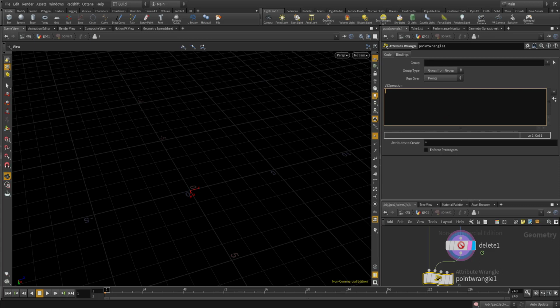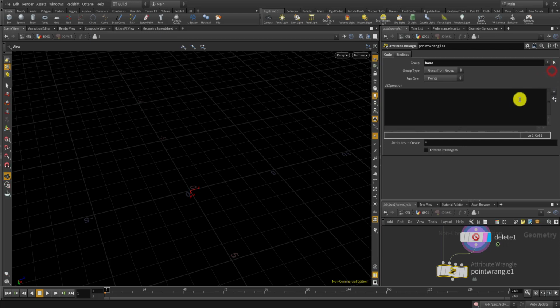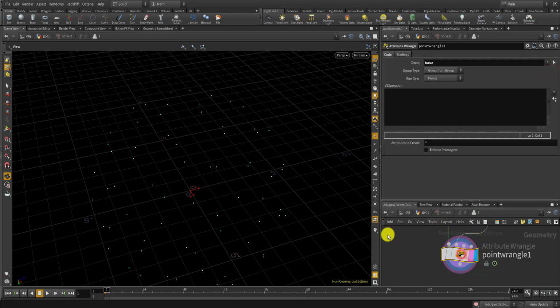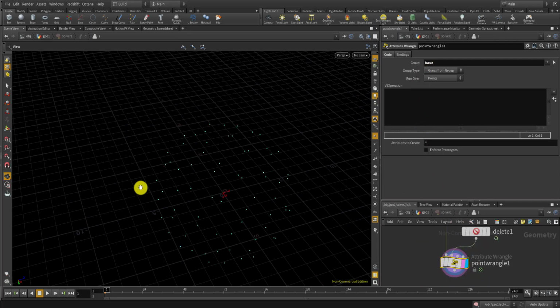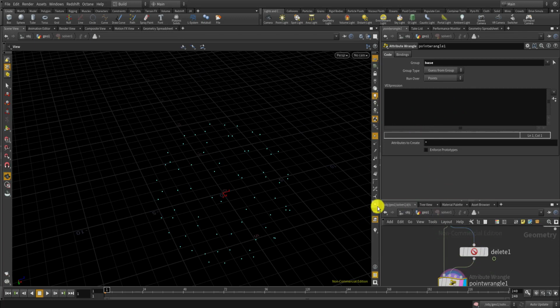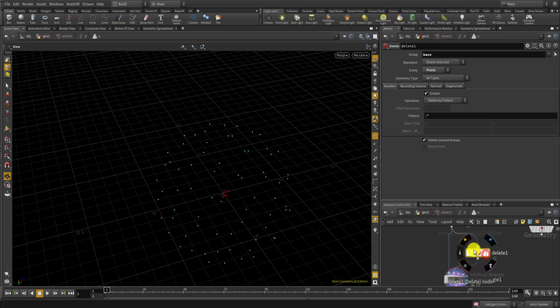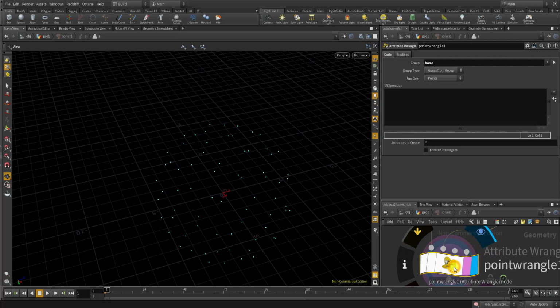let's search for the nearest point on each starting point, or the base point. Yeah, I'll just set it to base here. So basically I'm looking at the base points right now, and then I'm excluding the points which have the base group. Right now this is all base, so this doesn't really make any sense, but later on there will be points which are not included in the base points, and for that one what I'm trying to do here is to